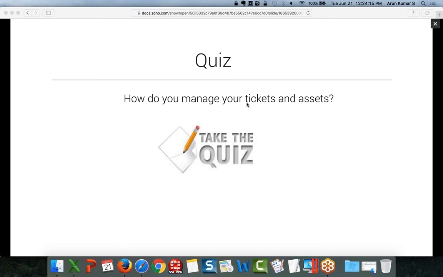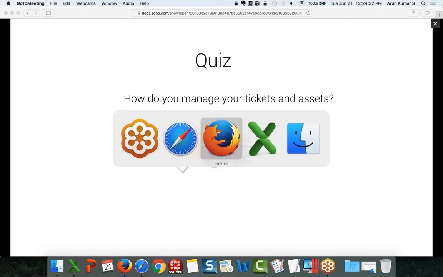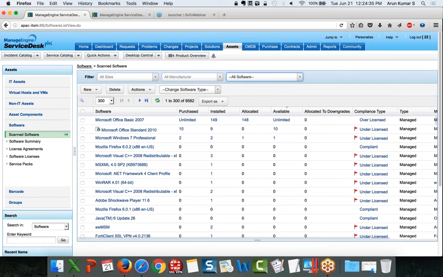Similarly, on the assets page, if you go to the request tab under the assets, you can see all the incidents which are related to this asset. So this way you can see the complete integration between the help desk and the asset management module. Okay. So now let's go to the last section of this webinar, which is going to be the software license